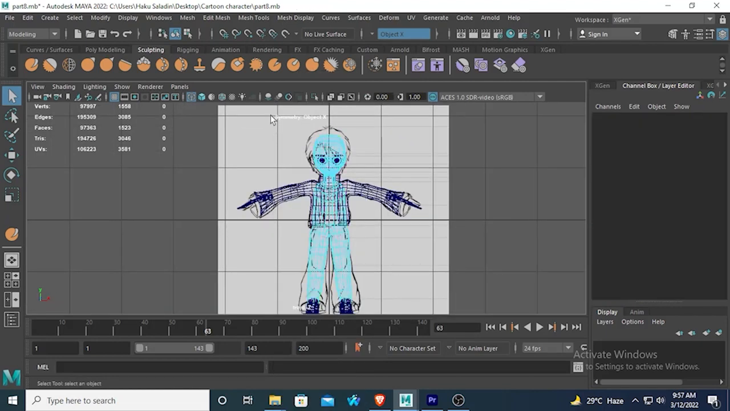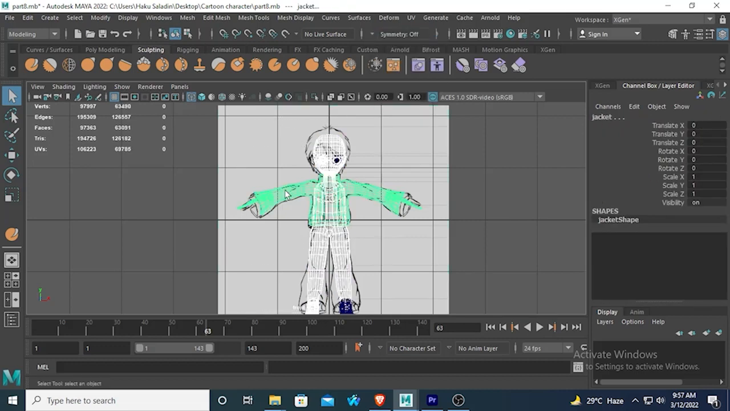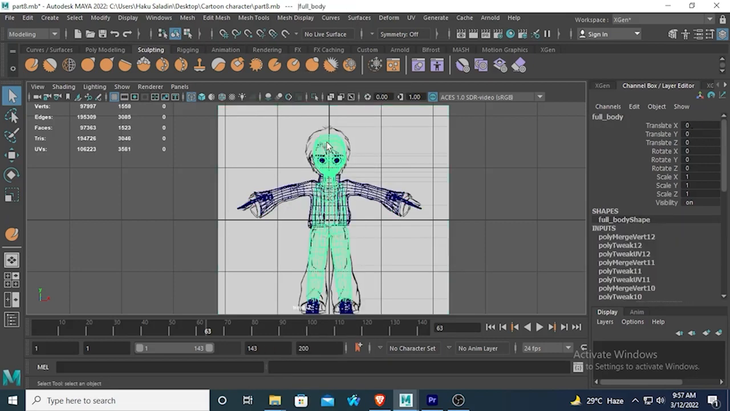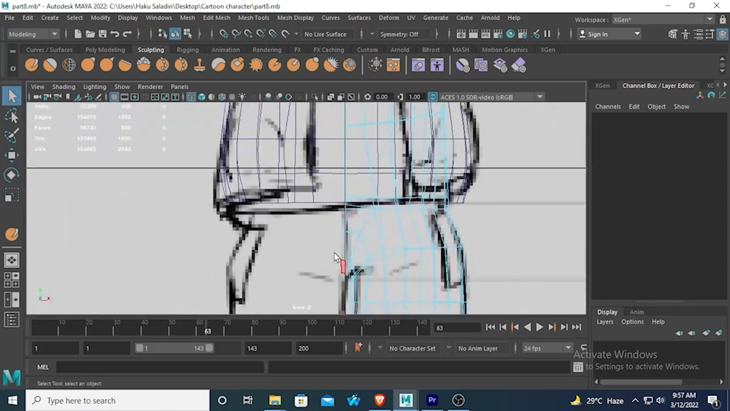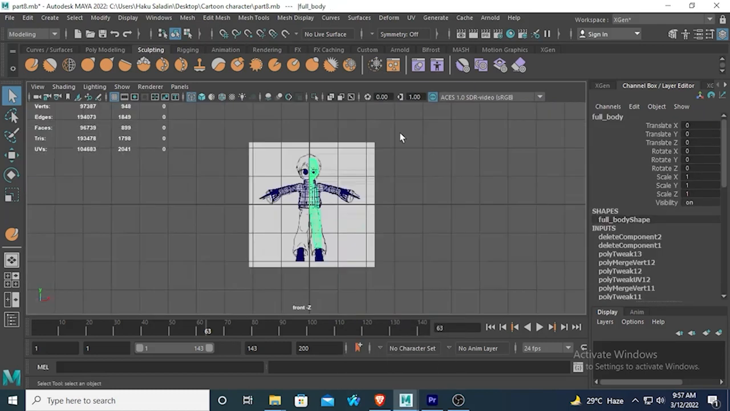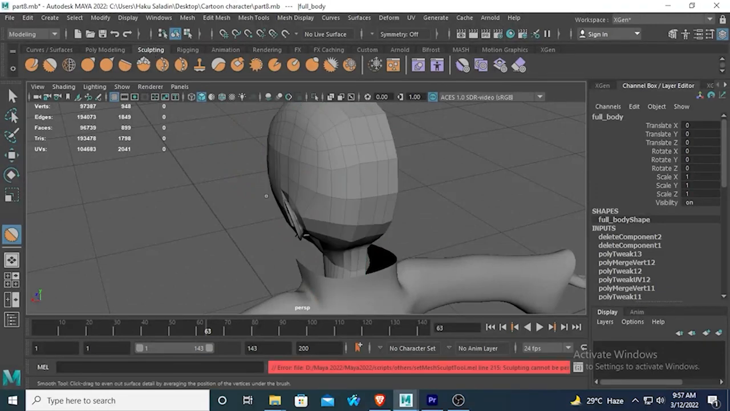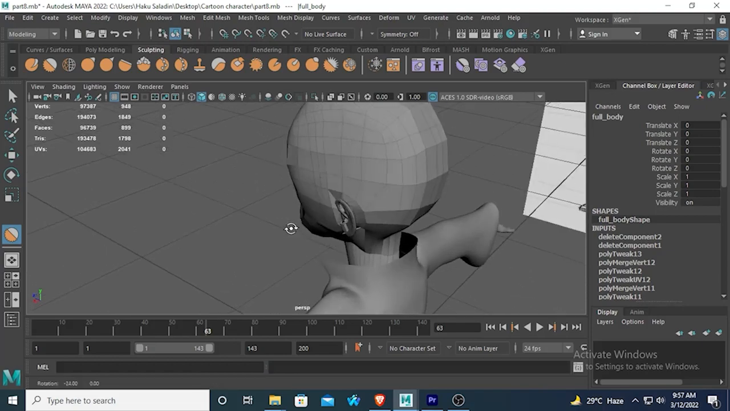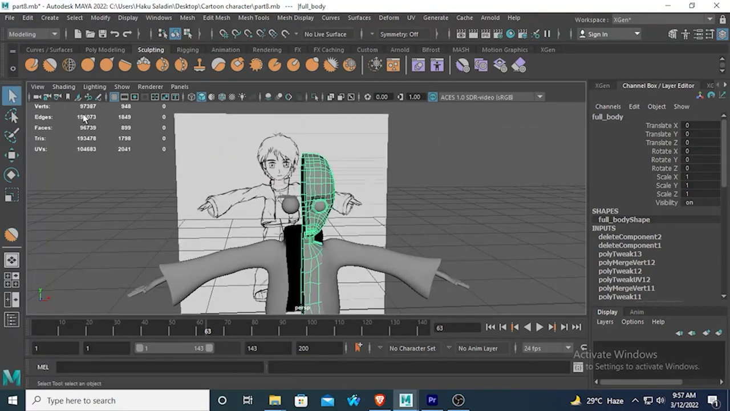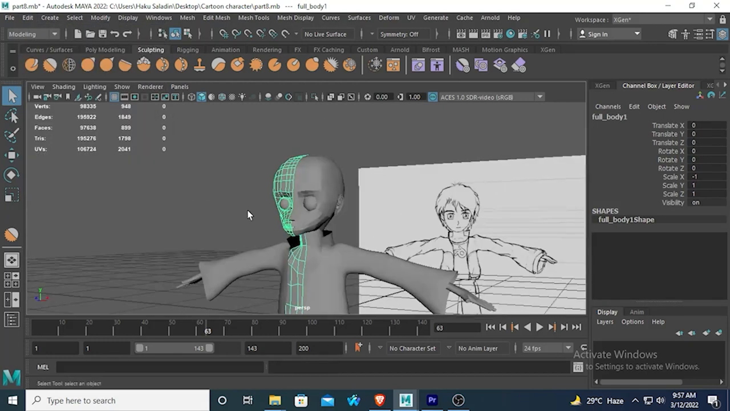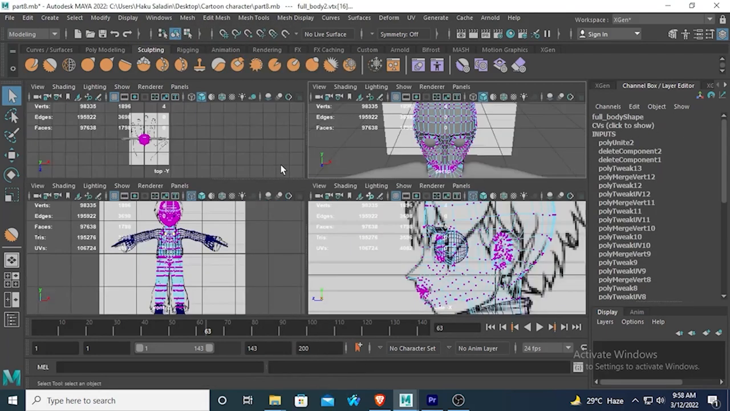So go to the front view and delete the faces of one side, turn off the symmetry option, delete this, and then select this one and edit and duplicate special, and then mesh and combine them, and then go to the front view again,